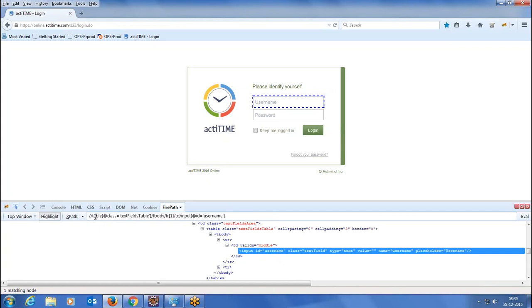So anywhere in the document I have a table. This is the class for that. And then go to the T body, go to the first row, go to the first column. If there's only one TD, you need not write one specifically over here. And then you're going to that particular HTML element like this. So this is how we use XPath to come from a parent and navigate to a particular child.